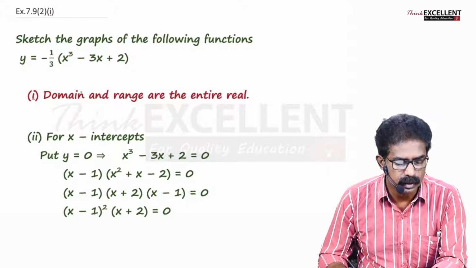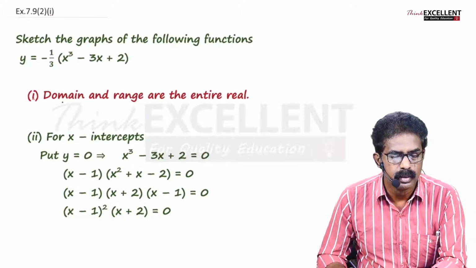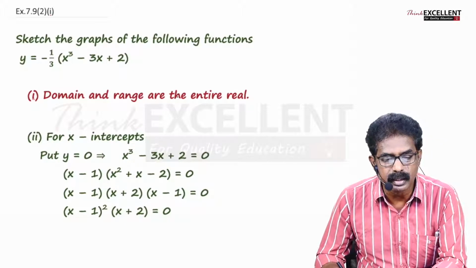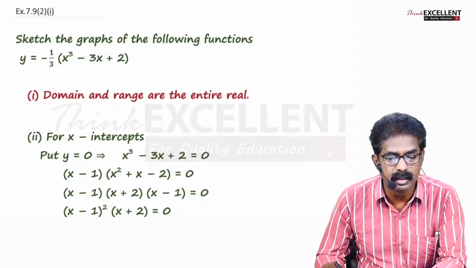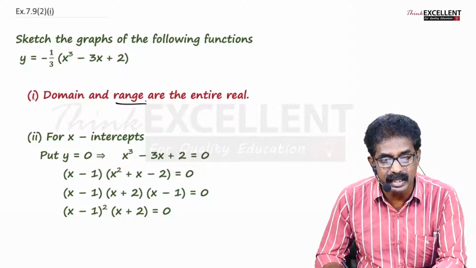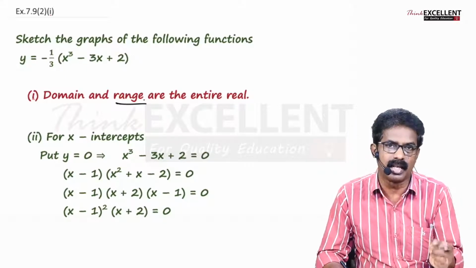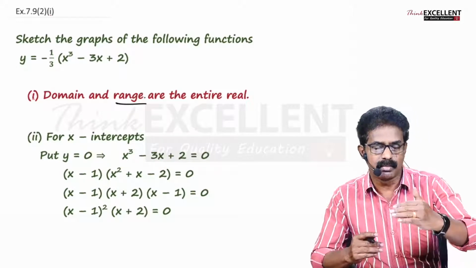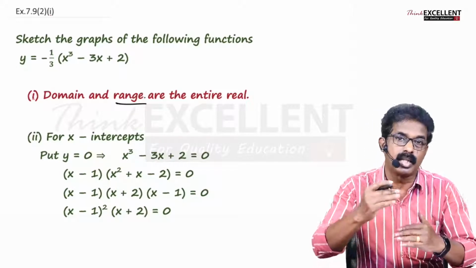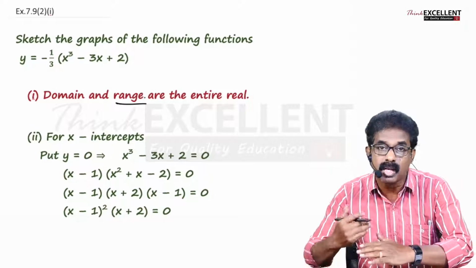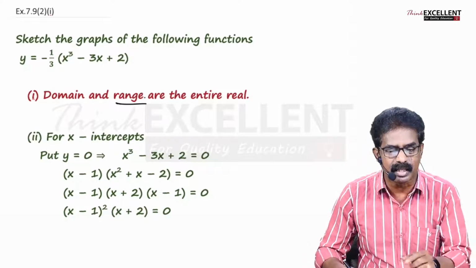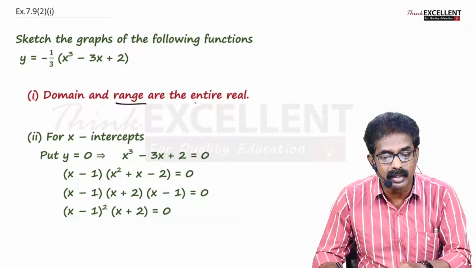So please listen. Here the domain is the entire real domain, and range anyhow we can see later. Yes, the previous time I taught, the maximum value means you cannot go more than that, the minimum value means you cannot go below that, right? We'll see that anyhow. After looking at that only you can fill this, okay?